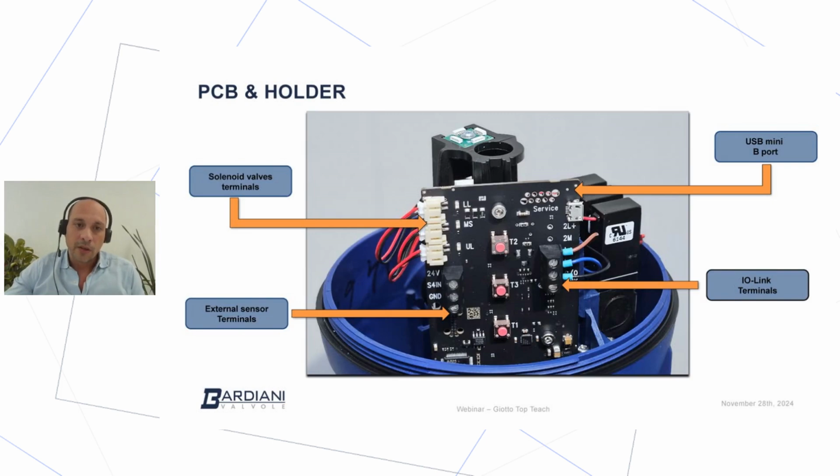So in the front of the new PCB, you can see that the design is very familiar with the old one. So in the left top corner, we have the solenoid valve terminals. These are exactly the same quick connectors that we use for connecting solenoids to any electronic board. As you can see,